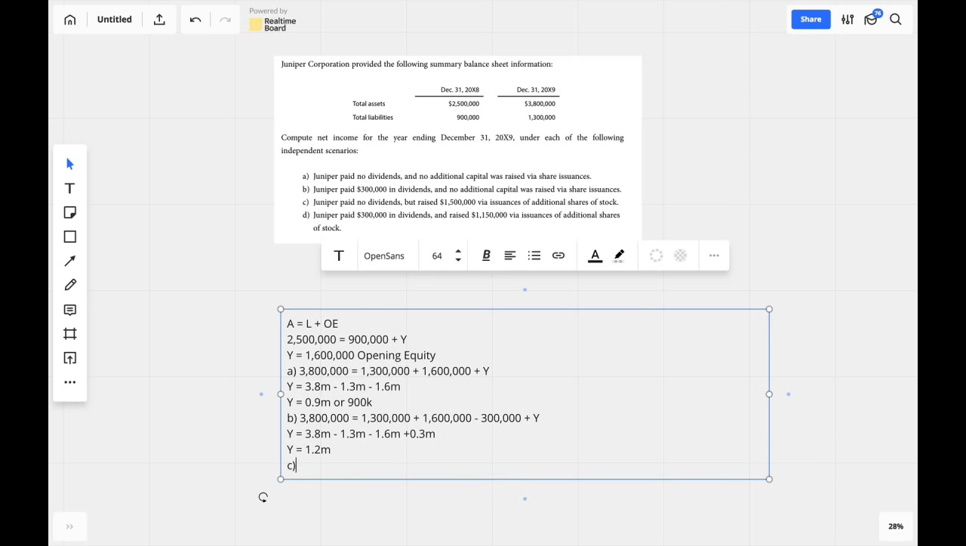C. They paid no dividends but raised $1.5 million via share issuances of additional shares of stock. So again, you should just apply the formula now. Again, we'll just abbreviate this from now on. 3.8 million equals 1.3 million